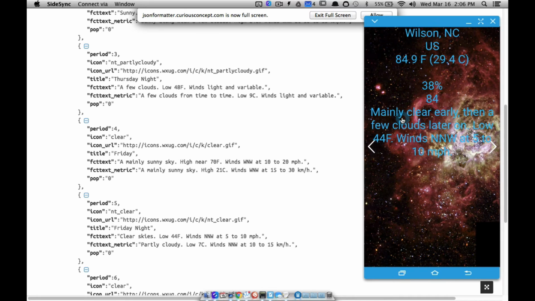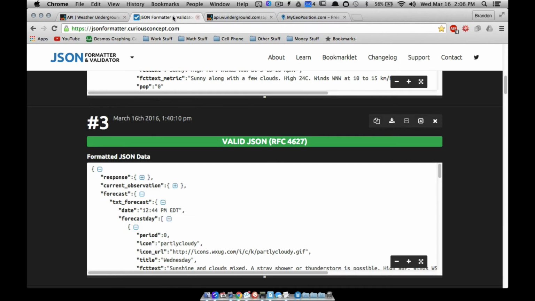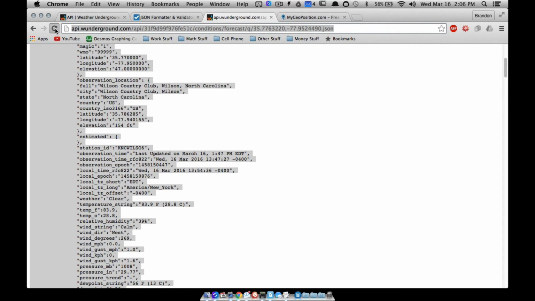All right, so this has already changed. Mainly clear earlier than a few clouds later on. Low 44. Winds 5 to 10. So you are seeing some things here, but notice the clear skies changed. Now, what am I going to do? I'm not going to copy and paste all this stuff again, but if I come in here and refresh this,